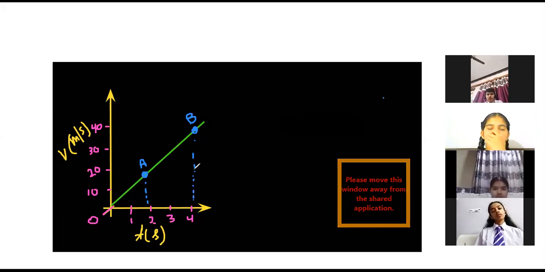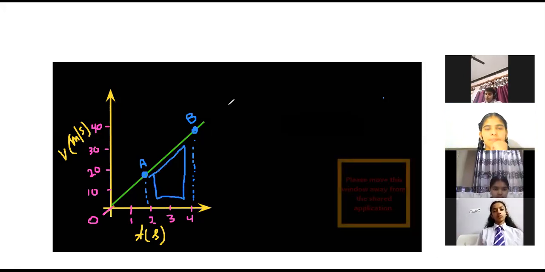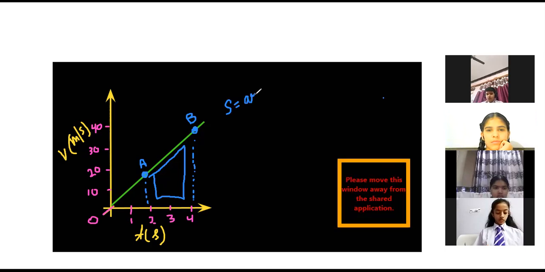Second, you have to check which kind of figure you are getting. We are getting a kind of trapezium here. Fine. So we can say that S is equal to area of